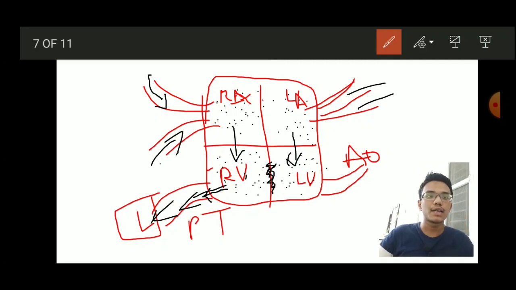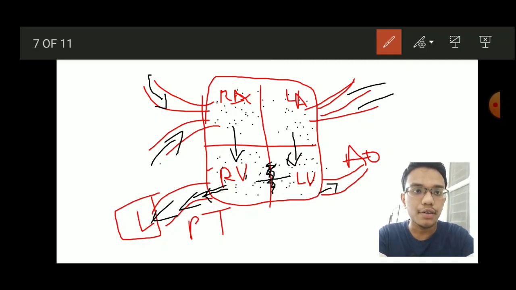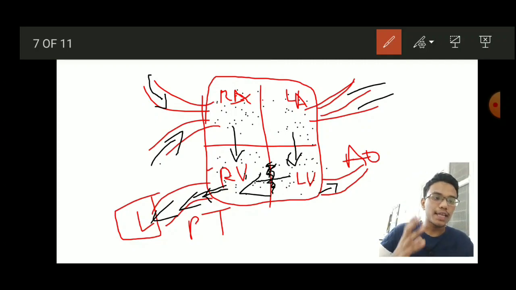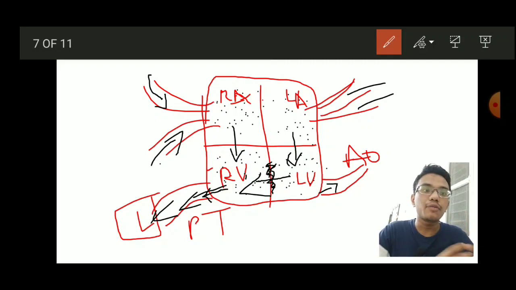Again the question arises, when the left ventricle contracts, whether the blood will flow through the aorta or it will flow through the shunt. Where will it go? Again, it depends on the pressure gradient. Is the aorta pressure high or the right ventricular pressure high? Obviously, aorta pressure is very high compared with the right ventricular pressure. So, will the blood prefer to go to the aorta or to the right ventricle? Obviously, it will prefer to go to the right ventricle, as the pressure in the right ventricle is low compared